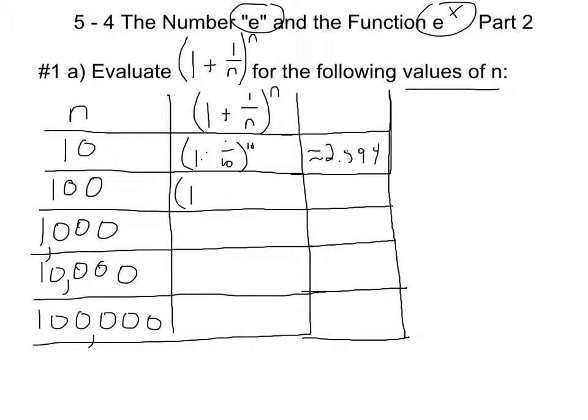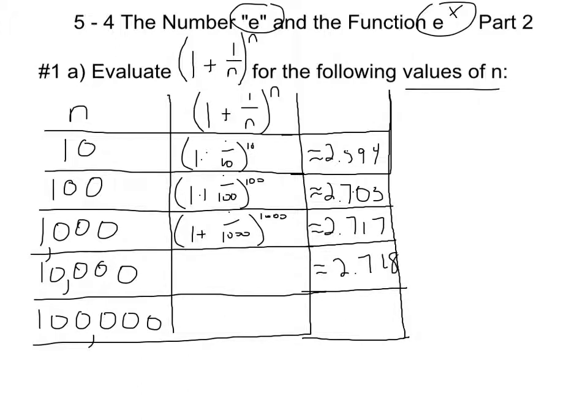Do it for 100, so it's 1 plus 1 over 100 to the 100th power. You get about 2.705. Do it for 1,000. 1 plus 1 over 1,000 to the 1,000th power. You get about 2.717. Do it for 10,000. You get about